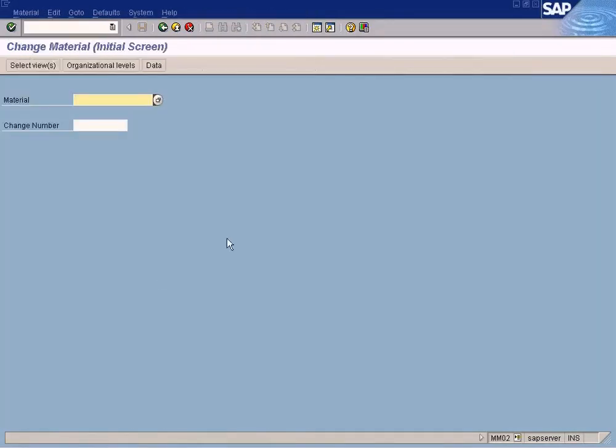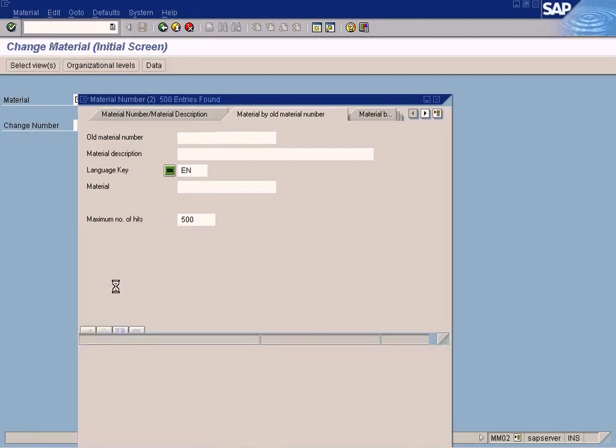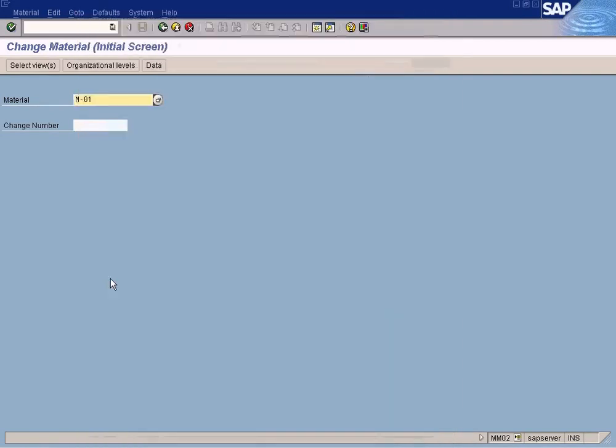for material master maintenance, or use this option. Sorry, MM02, not MM03. MM03 is to display, MM02 is to change. Let me just select material 5F1. I just need any one material to show the profit center field. Let me choose anything, press enter,